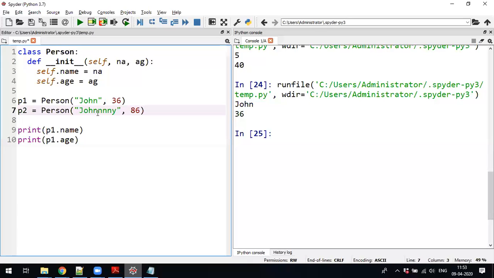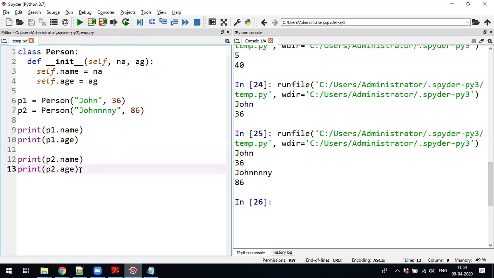Another object with another name and a different age. The main advantage of the init function is this: if there are 100 objects, and each object has 3 attributes, that is 100 into 3, 300 attributes.